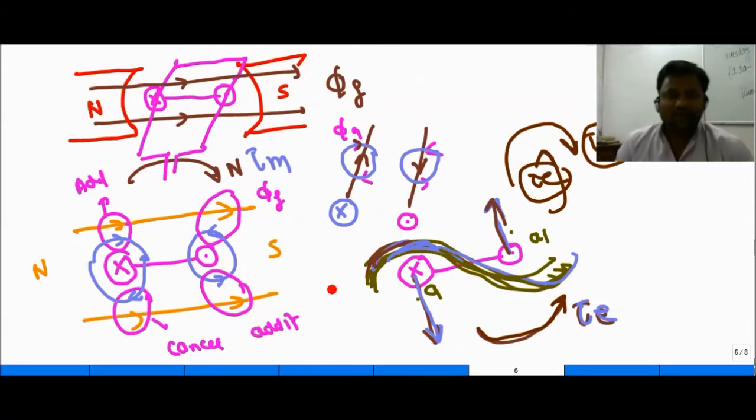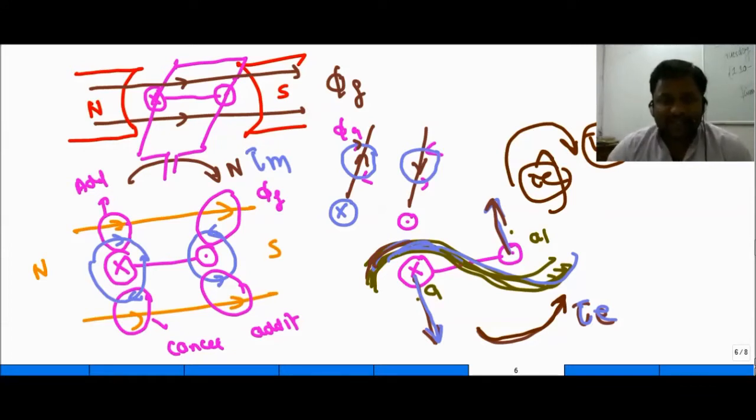We have also learned that in a DC generator or a DC motor, there are two types of flux. The first is the field flux. When the coil rotates, there is an induced current in the coil, and as per the Biot-Savart law, any current carrying coil generates a field around it. So there is one additional flux that is called armature flux.